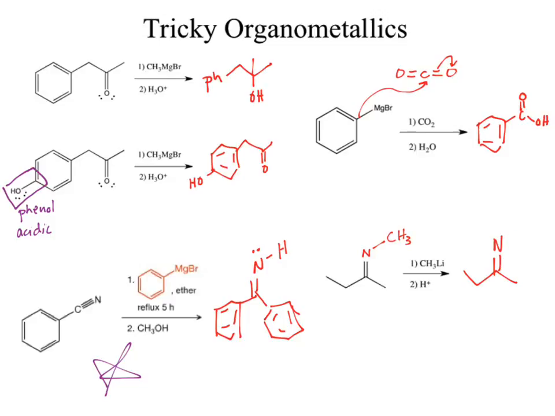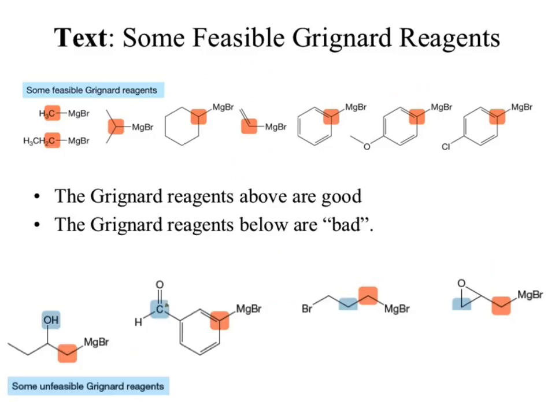Now what would happen? Now I can get my nucleophilic attack. So we have to be careful with our reagents, how they interact and how they flip and convert on you. If you have questions,